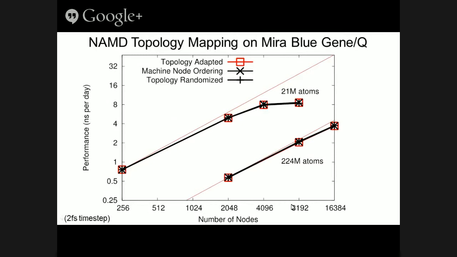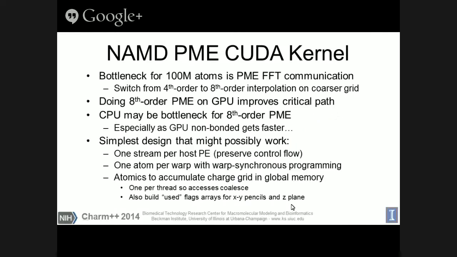It's exactly the same. Topology may have been a little bit more important on L and Q class machines, L and P class machines for NAMD. For Blue Gene Q, we're not seeing that much of an effect at all, which is really a strength of the network. So the CUDA kernel, so PME, I mentioned before that for particle mesh Ewald, we've been doing that